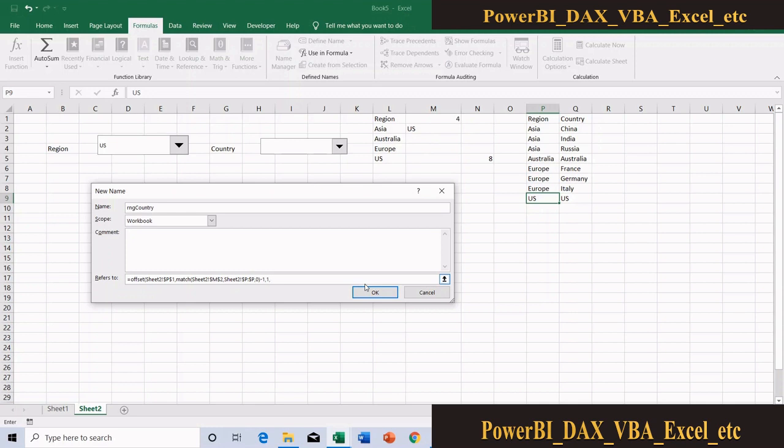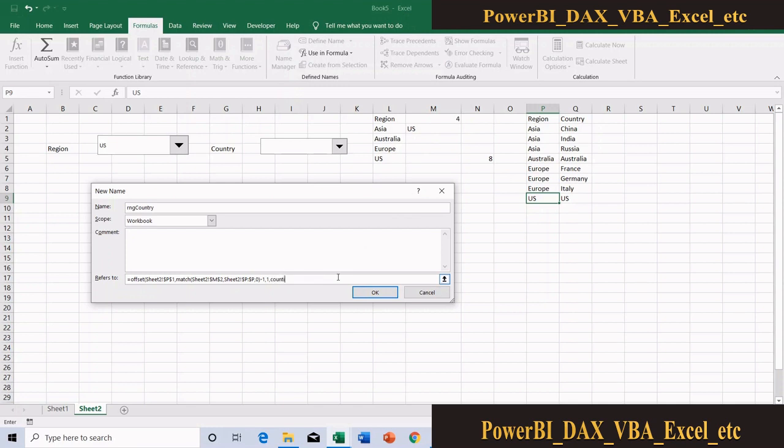Okay. Next, how many rows? If I am selecting Europe, how many rows do I need to select? 3, which means in Europe I have 3 countries. If I am selecting Australia, I have only 1 country. If I am selecting Asia, again I have 3 countries. That means this also needs to be managed dynamically. So I can use the COUNTIF formula.